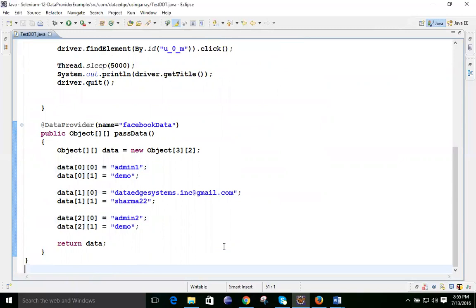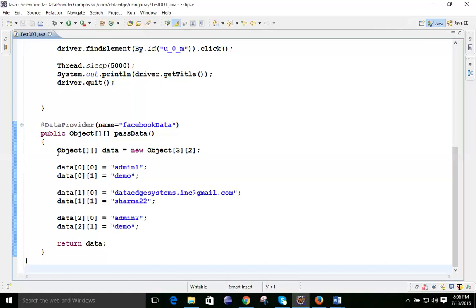If the first time you log in with your name and the second time with your mobile number, you are using two different data types. We have learned in Java that there is a concept of collection, which can take any type of data, not the array list and that type of thing, but object.